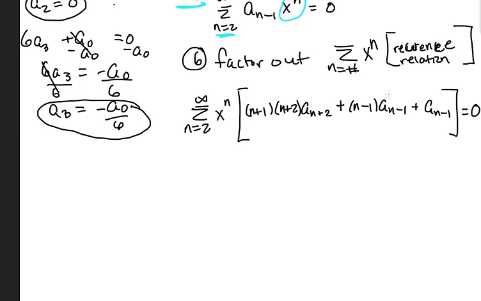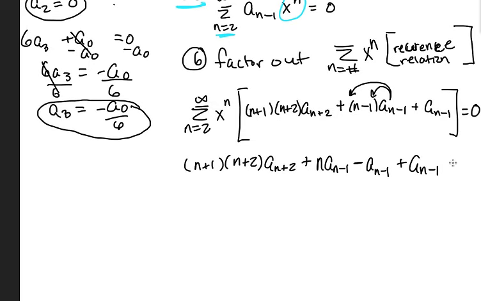So looking at this, we can distribute this a sub n in here, n minus 1 in here, right? So we'll get n plus 1, n plus 2, a sub n plus 2 plus n times a sub n minus 1, minus a sub n minus 1 plus a sub n minus 1 equals 0. These cancel out because this is a plus a sub n minus 1 and this is a minus a sub n minus 1. So then this becomes